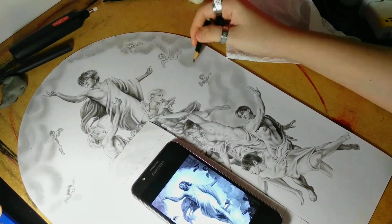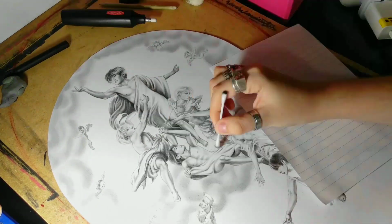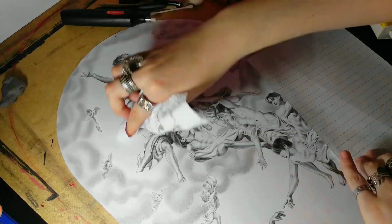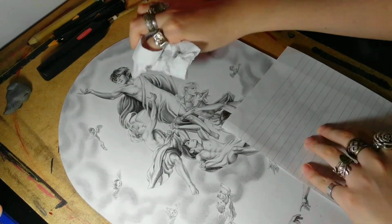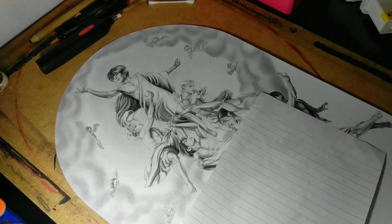And to top it off, I had to add their Esquissu characters somehow. So I added them in the form of angels, because a Christian painting is not finished without the presence of God knows how many angels looking around. So